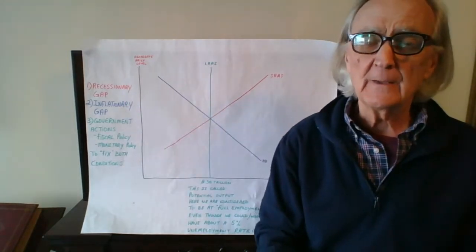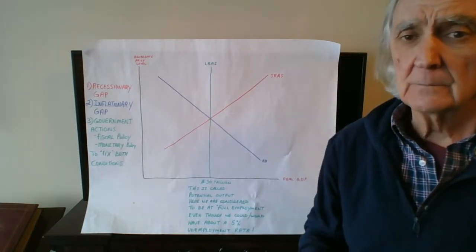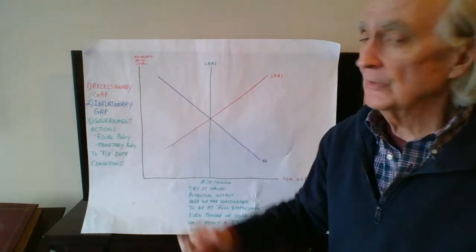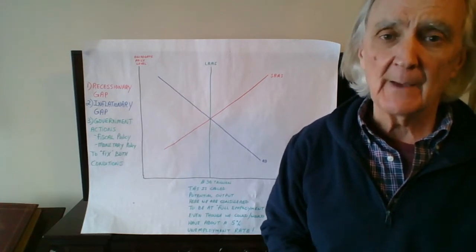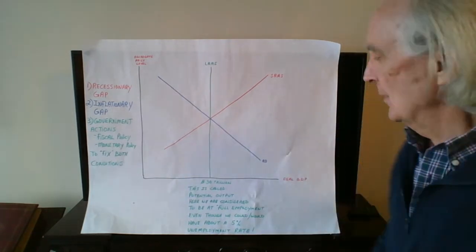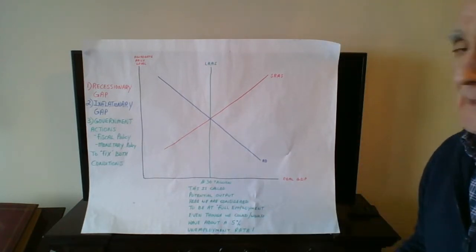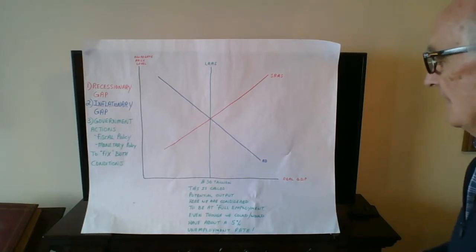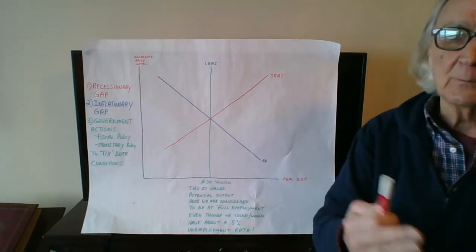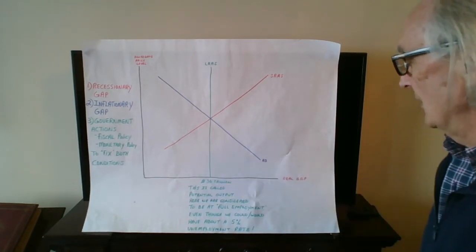Or we can see what will happen when one of these conditions occurs, what would generally happen in an economy, okay? So here we're looking at our potential output at $30 trillion, okay? Again, we are considered to be at full employment here,